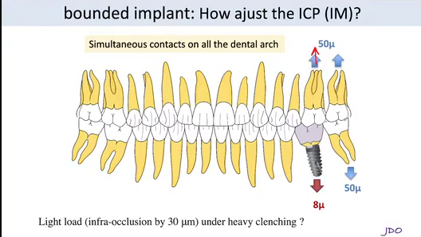And if you maintain a clearance of 30 microns, the natural tooth will present a natural supra-eruption. You cannot control all the occlusal parameters if the teeth migrate. If the natural teeth migrate, you can have interferences afterwards. So stabilize the dental arch and organize simultaneous contacts on all the dental arch,